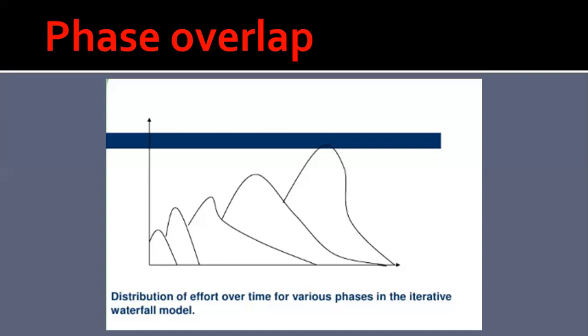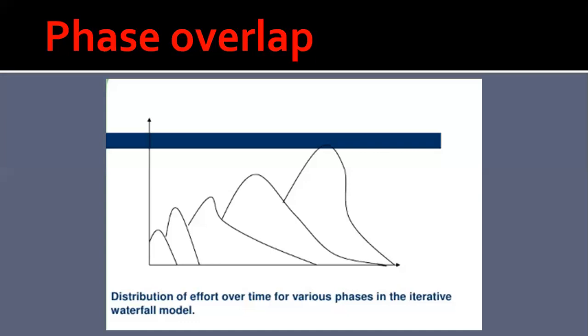As a result, in a real project, the phases are allowed to overlap. That is, once a developer completes his work assignment for that particular phase, he proceeds to start the work of the next phase. There is no need to wait for all his team members to complete their respective work allocations. So in these situations, the effort distribution for different phases with time would be something like what we can see in this particular picture.